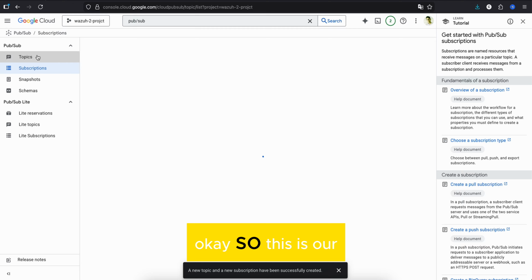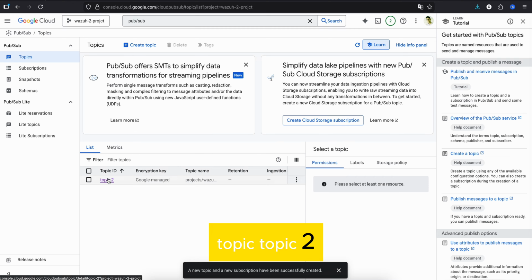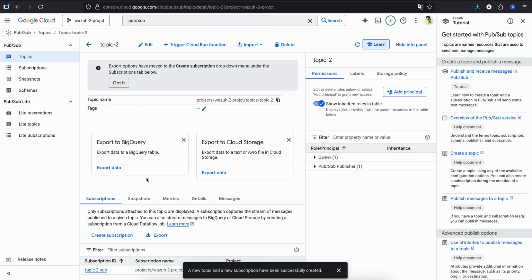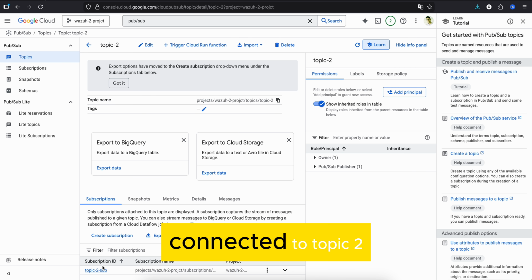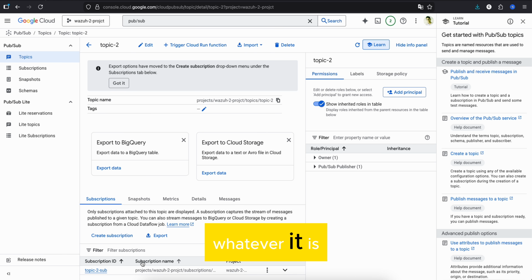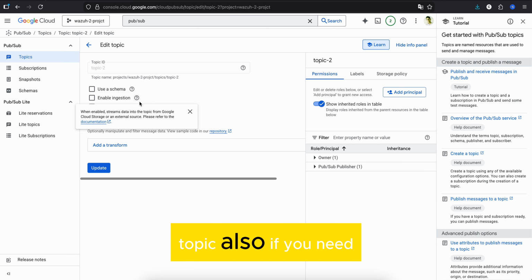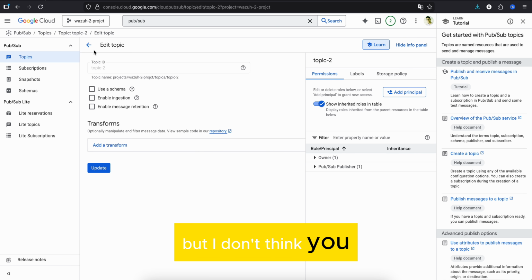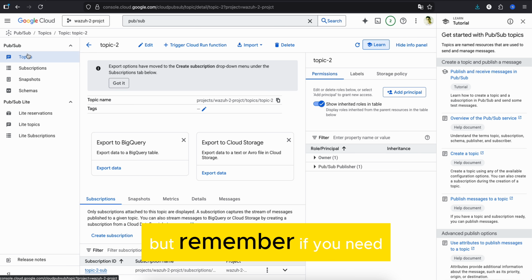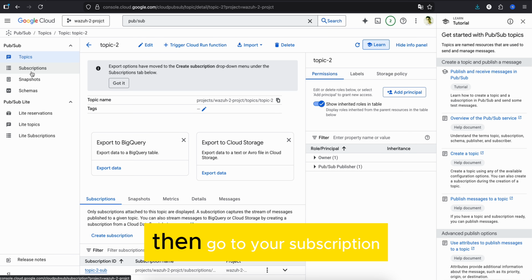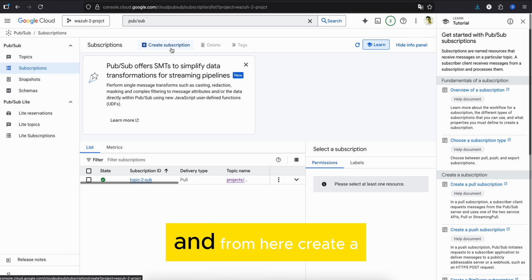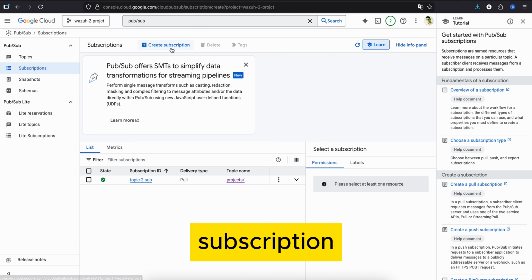Okay, so this is our topic 2, and it is connected to topic 2 underscore sub or topic 2 hyphen sub, whatever it is. Now you can edit this topic also if you need to, but I don't think you need to edit this. But remember, if you need to create a subscription, then go to your subscription, and from here create a subscription,